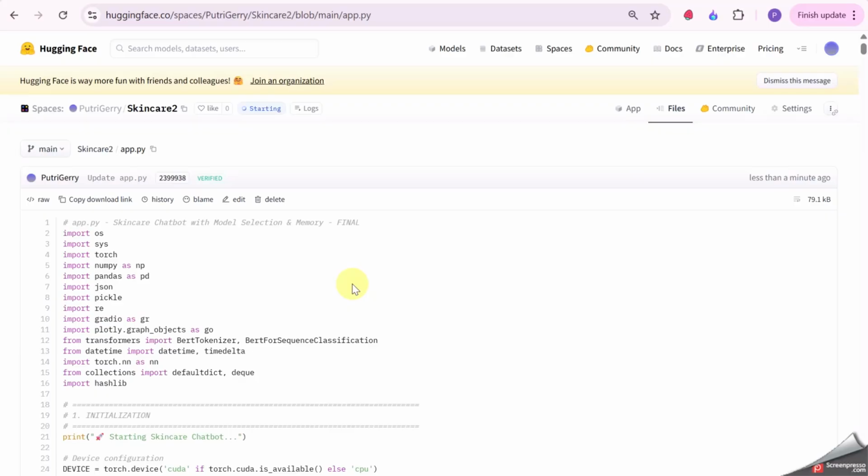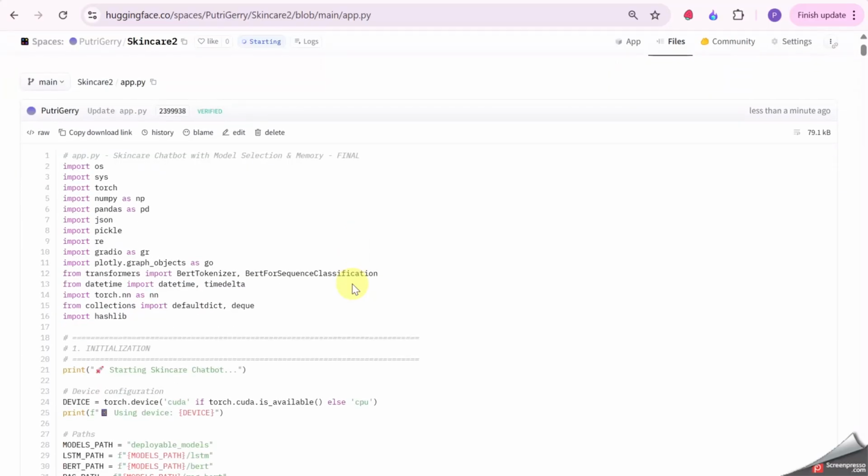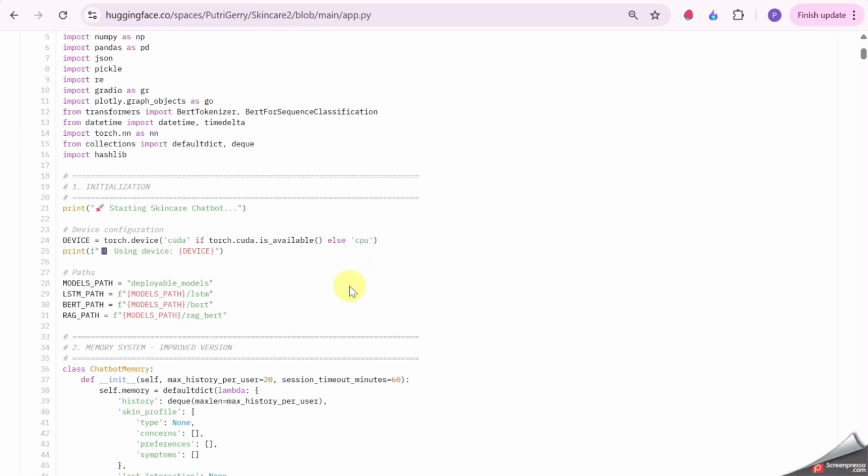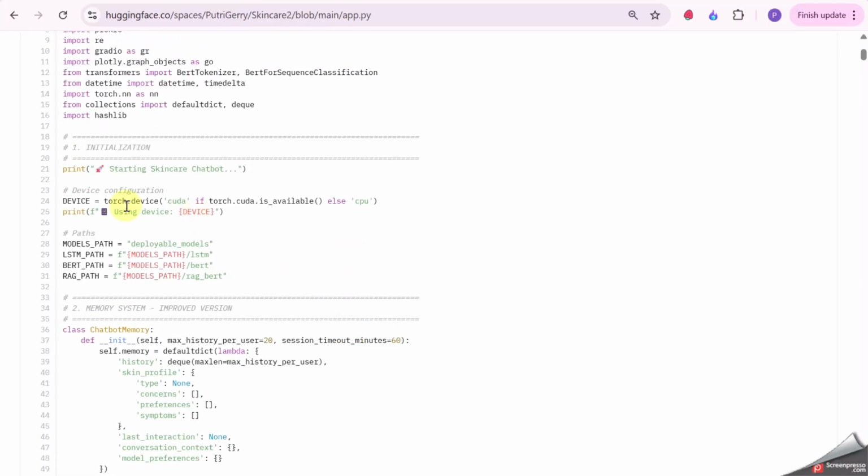Here we implement the UI and the code to have the output of the UI that we want. First, I start by initiating the model path. I have three: LSTM path, BERT path, and RAG path.